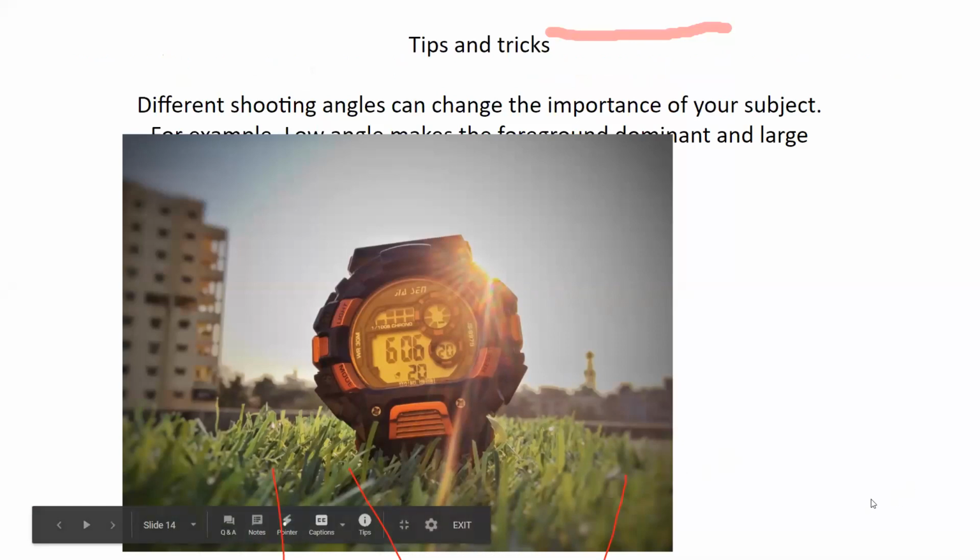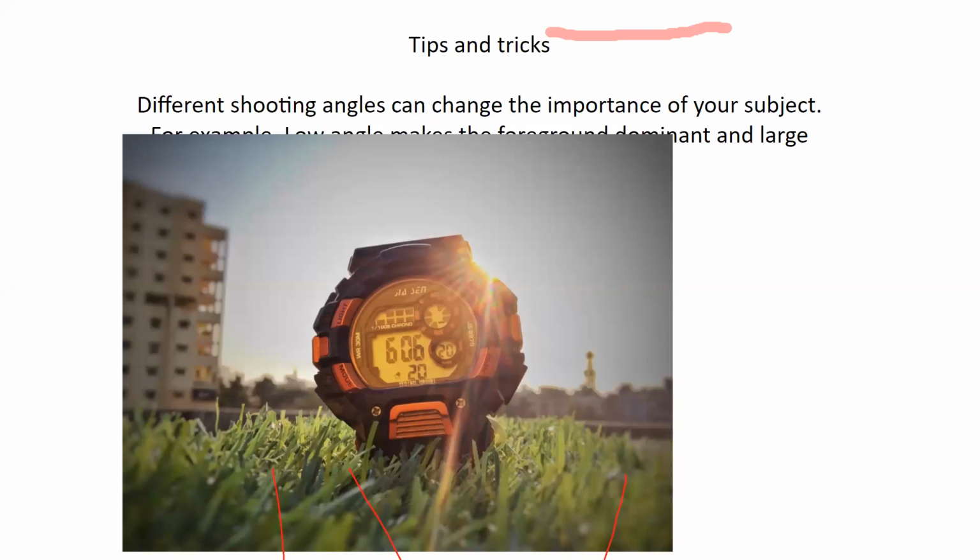While capturing, we always have options to capture our subject from different angles. It might be a normal angle where you're standing normally, like you stand and take the photo. You can go at the top of the subject, or you can go to the low angle, like in this watch photograph. The low angle always enhances your foreground.